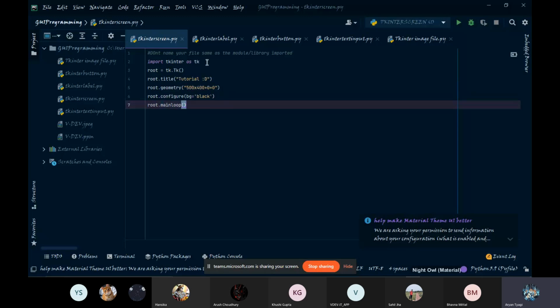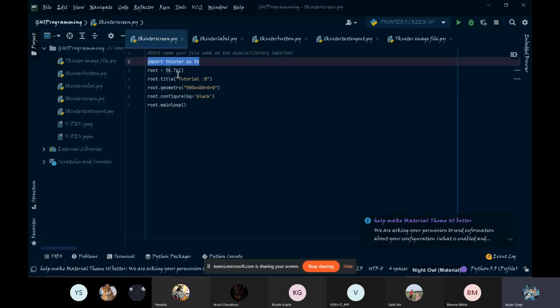So first of all, you want to import the library tkinter. Now, a library is basically a package of instructions or functions, a pre-made resource for programmers. All right. So it will provide us access to all the resources and functions in tkinter. The import tkinter as tk command imports the library; tkinter is a longer word, so we can just make it tk to write it easier. Then we have root = tk.Tk.